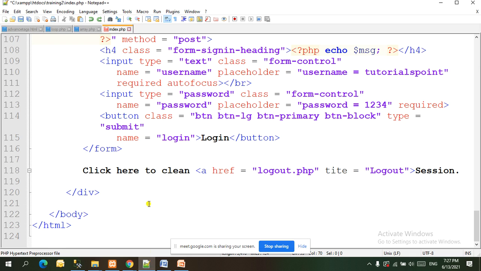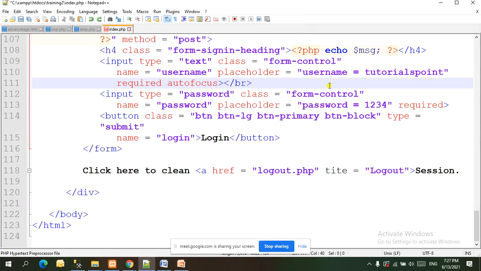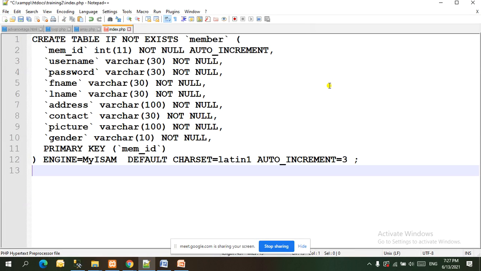Fine. So we have a page here, we have an index page already, and let's change this page.